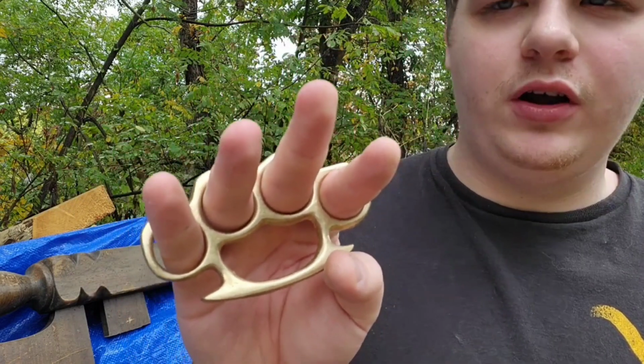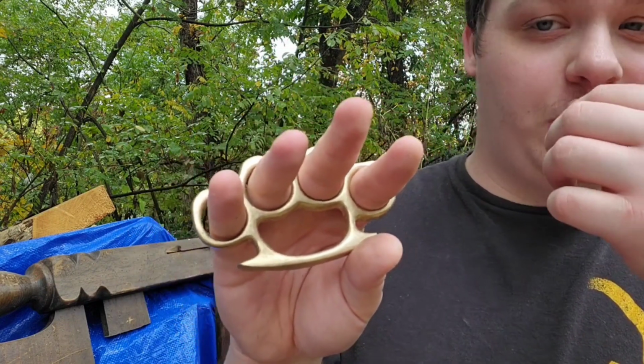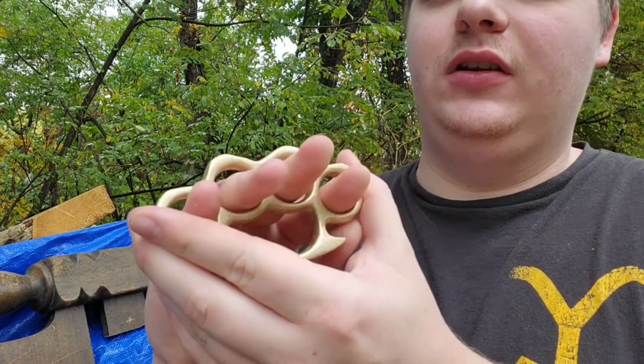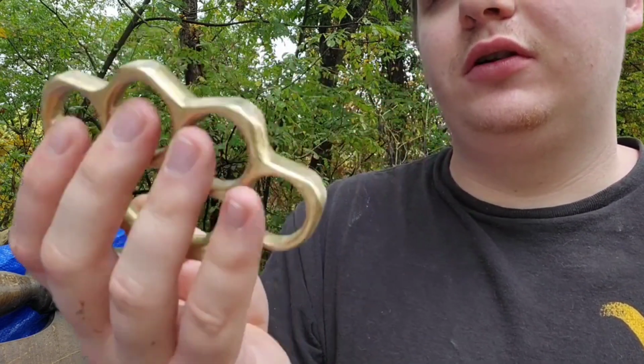They're known as paperweights. Just remember that if you buy them, that you are responsible for them. And, you know, you should never have to use these unless you absolutely have to, life or death situation. But other than that,